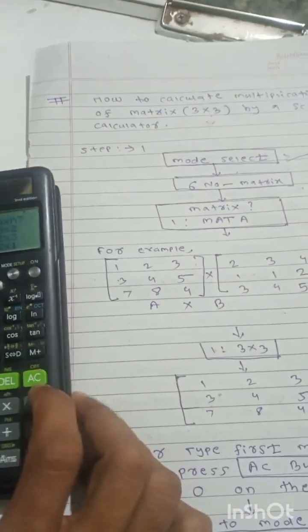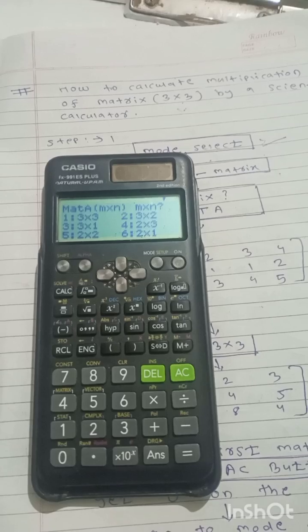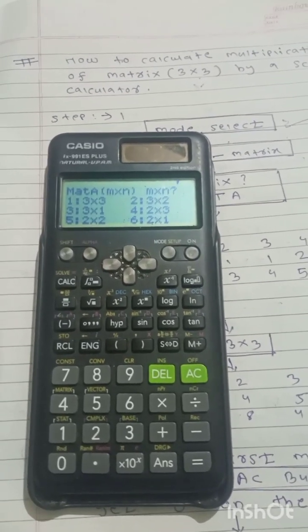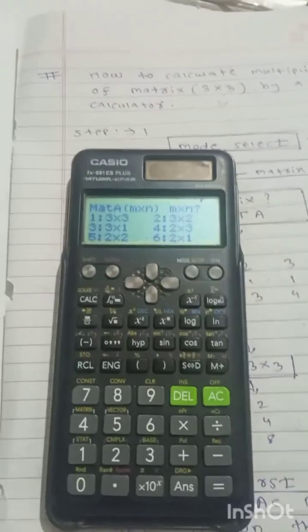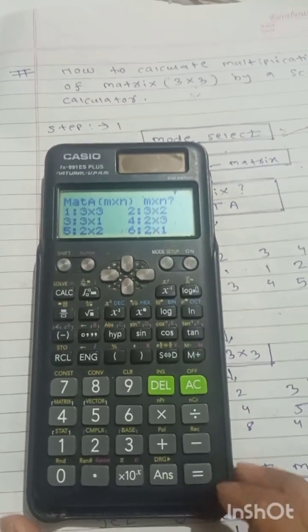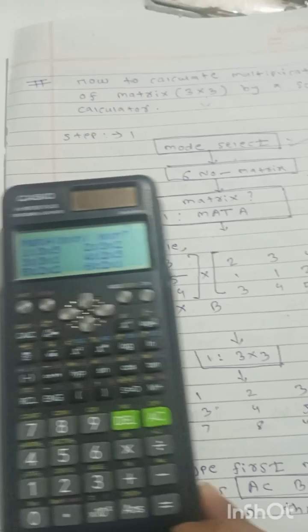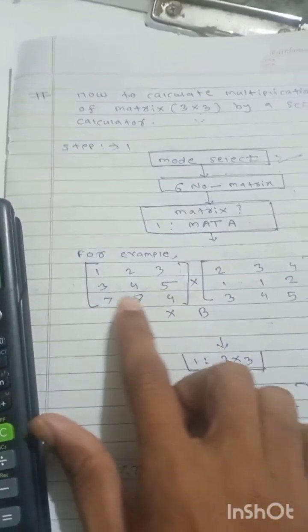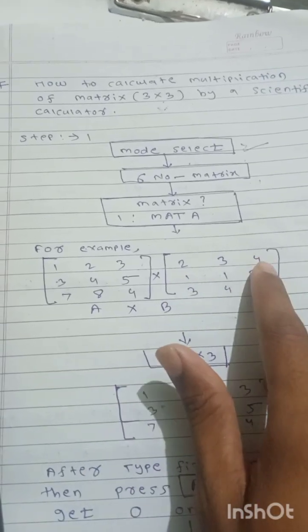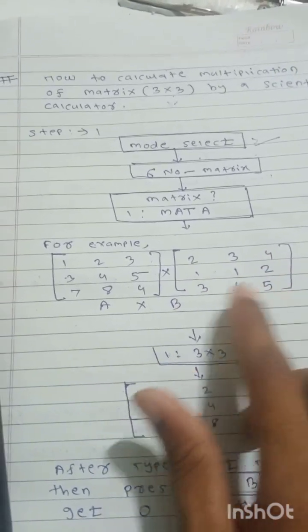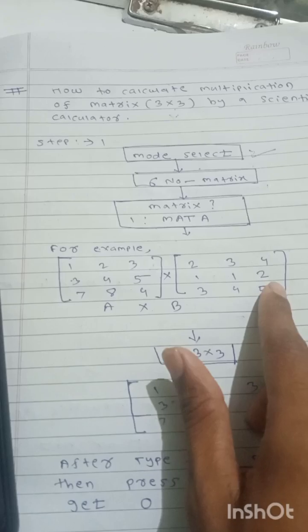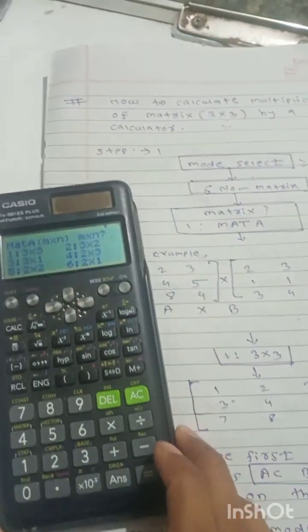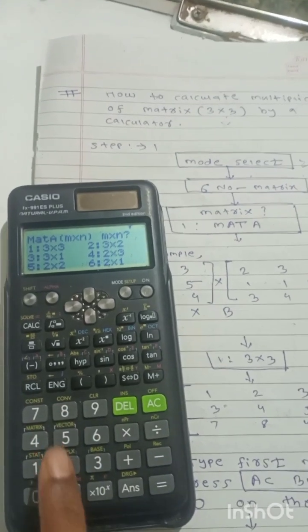After that, according to your convenience, you can select a 3 by 3 matrix, 3 by 2 matrix, or 3 by 1 matrix. Suppose we consider a 3 by 3 matrix A: 1 2 3, 3 4 5, 7 8 4, and B matrix: 2 3 4, 1 1 2, and 3 4 5. So this is the multiplication of two matrices using the calculator. After selecting the 3 by 3 matrix, select 1,